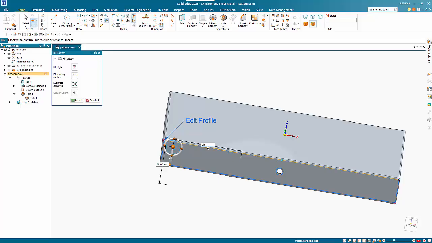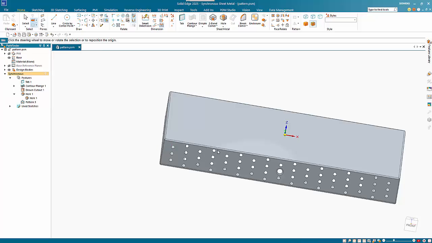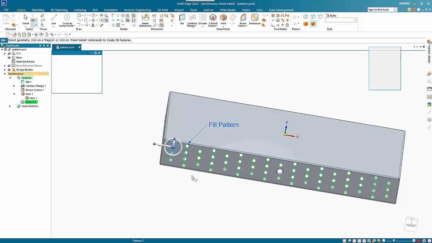So we can go 20 and 10, and when I hit enter, you'll see that we now have a staggered set of holes based on those offsets that we've